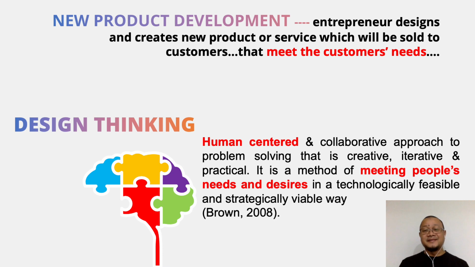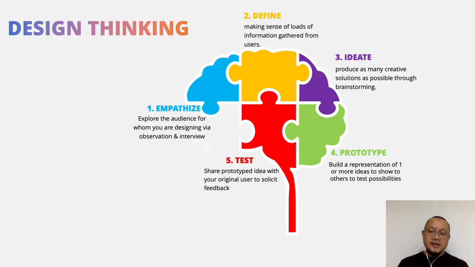But why design thinking? Because design thinking can help you to develop new products that will meet people's desires and needs. That is the keyword. So, design thinking as a process consists of 5 phases, or we can say elements. Phase 1, empathize. Phase 2, define. Phase 3, ideate. Phase 4, prototype. And phase 5, test. So our focus here in this session is on the first phase or element, which is